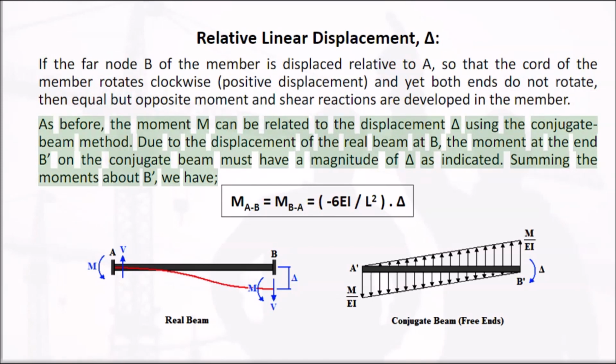As before, the moment M can be related to the displacement delta using the conjugate beam method. Due to the displacement of the real beam at B, the moment at the end B on the conjugate beam must have a magnitude of delta as indicated. Summing the moments about B, we have